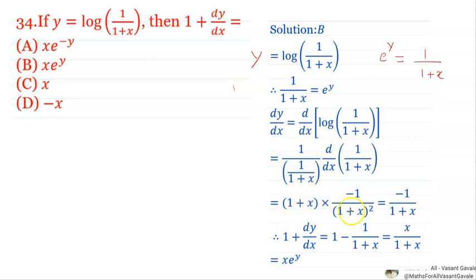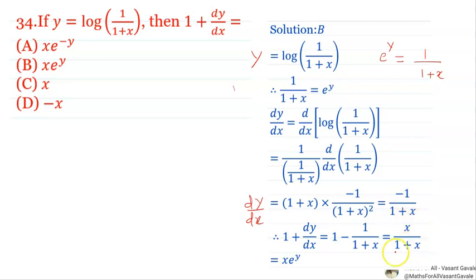Again 1 plus x, the 1 plus x here will get cancelled, and you will get minus 1 upon 1 plus x. Okay, and therefore this is the dy by dx. Now which value of dy by dx do we need to find out? I will write here, this is the dy by dx. We want to find out 1 plus dy by dx. Therefore 1 plus dy by dx is equals to 1. The value of dy by dx is minus 1 upon 1 plus x. Okay, 1 minus 1 upon 1 plus x, and if this is simplified,